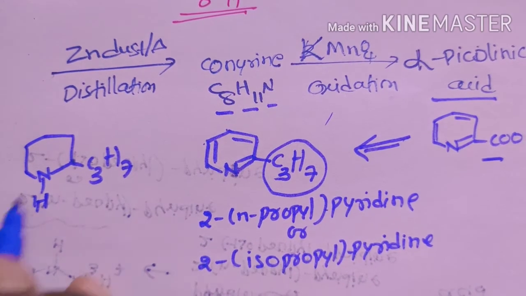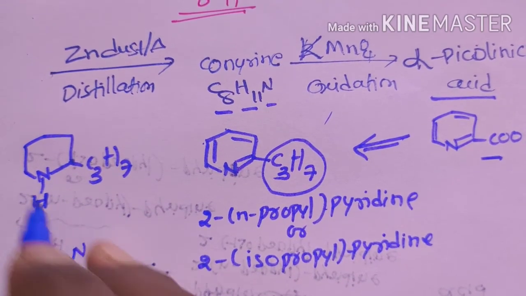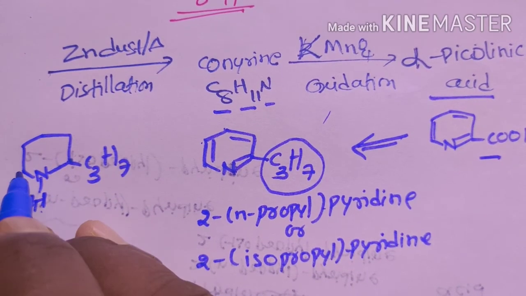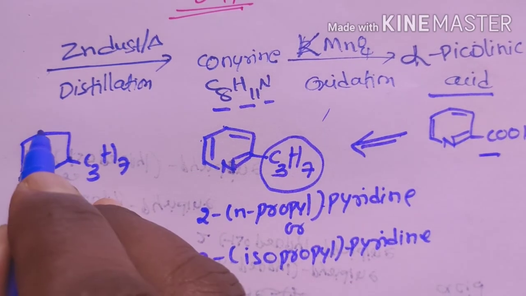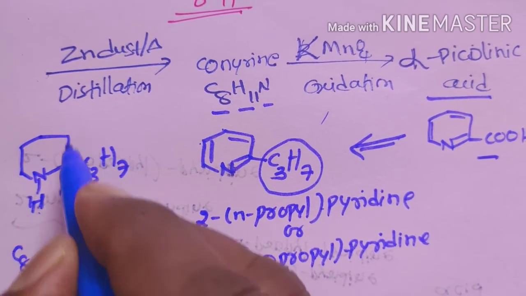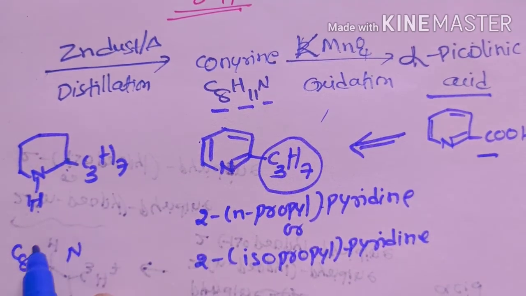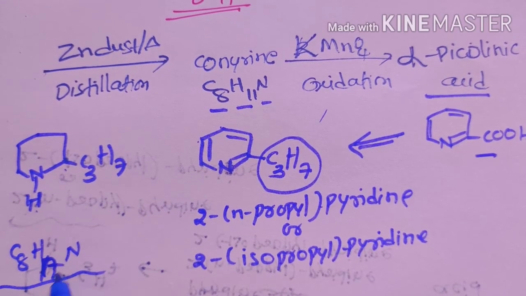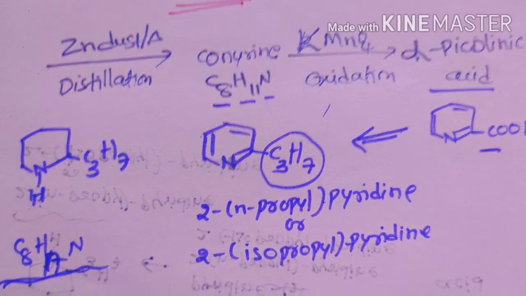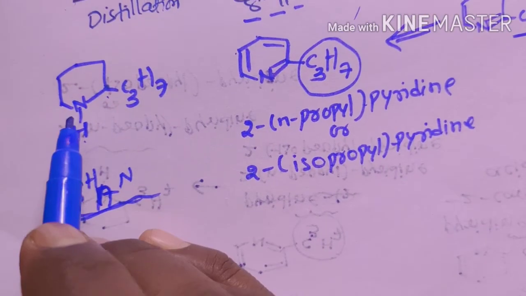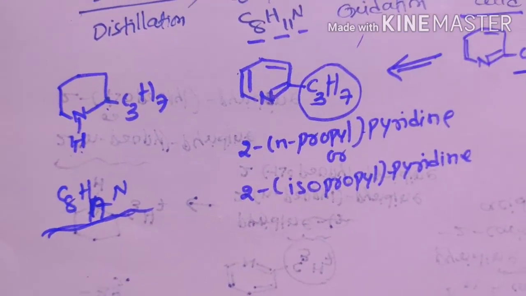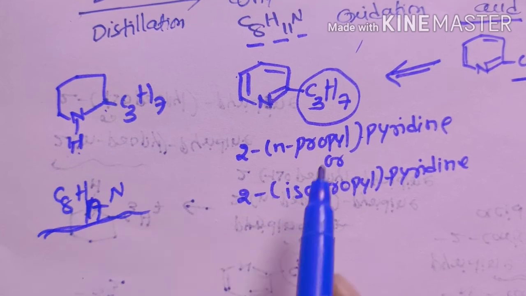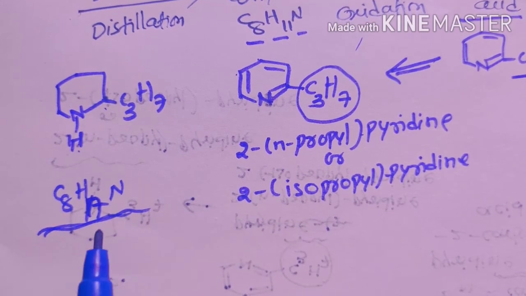Now the formula: here 1 N we would write, and 5 carbons and 3, so 8 carbons. Now 1 plus 2 is 3, 3 plus 2 is 5, 5 plus 2 is 7, 7 plus 2 is 9, 9 plus 1 is 10, plus 7 is 17. So the formula becomes exactly the formula C8H17N, that means the coniine formula. So coniine must be a piperidine with a side chain substituted at the second position, and that side chain either must be n-propyl or isopropyl group.